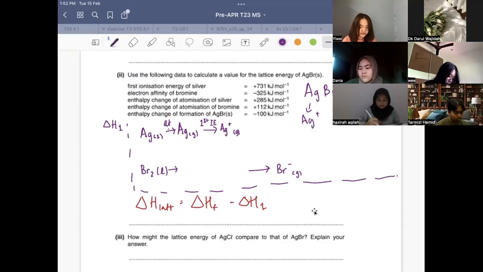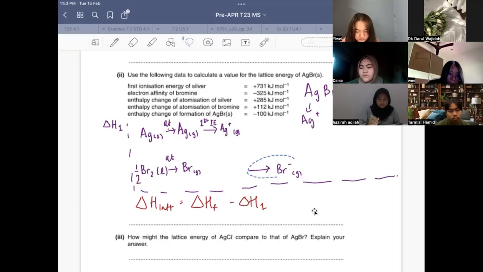Bromine, Br2, you only want a single atom in gas state. So that means we have to half the Br2 to produce one bromine atom. And this is atomization of bromine. Now, you do not have to divide it by 2 because by definition, atomization of bromine is the formation of 1 mole. Okay, and then you want to convert the bromine into an anion that is the electron affinity